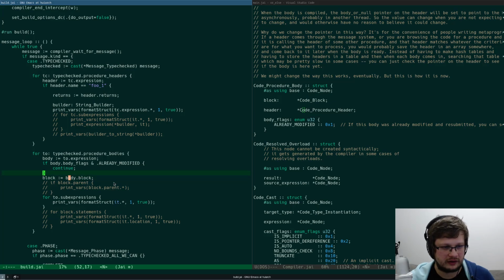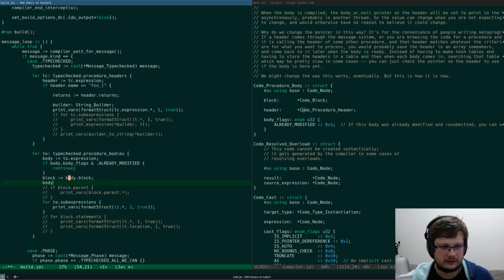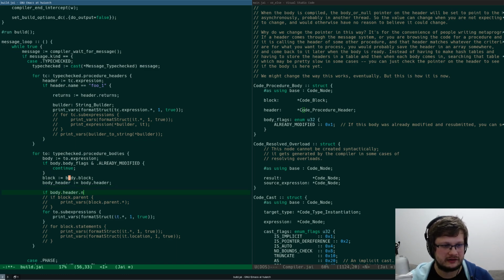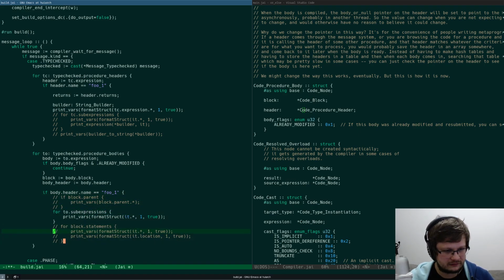So not body block, but I need some kind of a body.header, right? And what I need to do here is, if body header name equals foo1, then only then I do all this stuff, right? Makes sense?